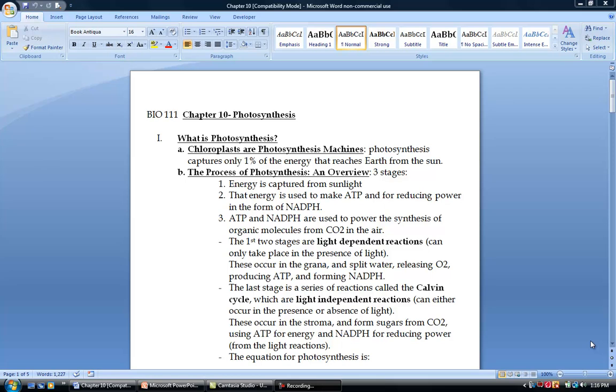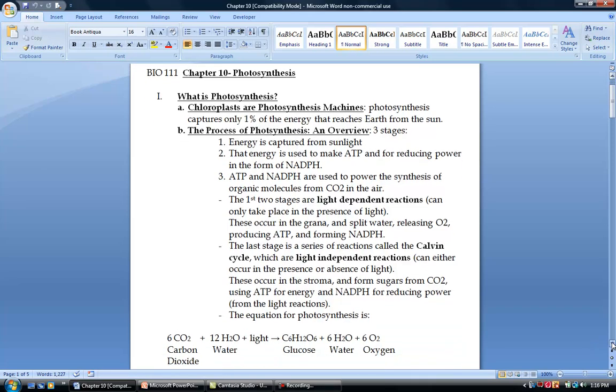So this chapter, chapter 10, is going to be about photosynthesis. Photosynthesis is going to be the opposite of what we just learned in cell respiration. If you remember, cell respiration was taking in oxygen and glucose to make ATP and carbon dioxide. So photosynthesis is going to be the exact opposite, and that's going to involve, if you look down here in